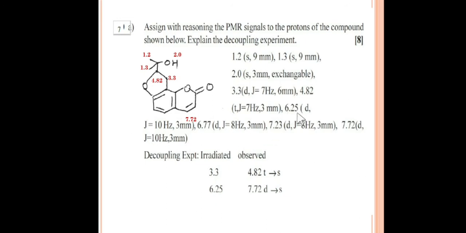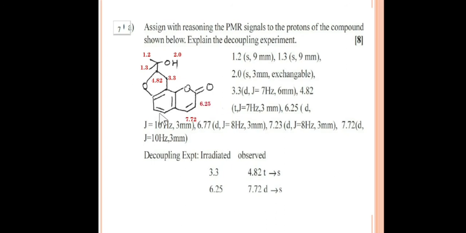Let's search for its coupling partner. Its coupling partner is 6.25, J is 10 Hz, the same as 7.72. And why is it so shielded? Because it's the alpha proton. In any delocalization structure or canonical structure, there is always electron density on the alpha proton. That's why it is always shielded, and it comes around 6.25, showing a doublet of 10 Hz, 1H. 10 Hz is cis coupling, and the coupling partner is 7.72. So let's assign 6.25 to the alpha proton.